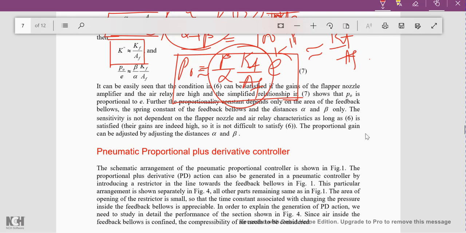Okay, in the next video lecture we are going to see the pneumatic proportional plus derivative controller. Till then you can watch the video once again to understand the concept more clearly, and try to prepare for the revision based on the PDF I am going to provide for this